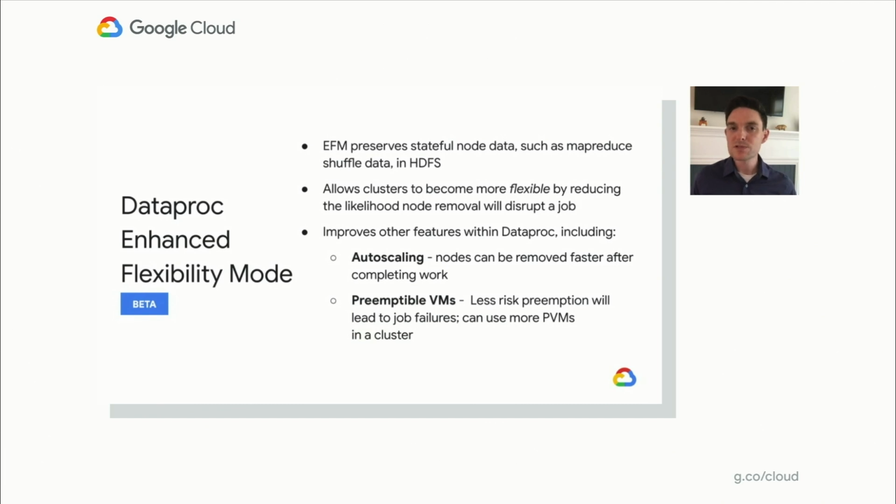Likewise, with preemptibles, you may have a node that's finished processing or reached a state where it can checkpoint, but the node is preempted. In both cases, if you removed the node, you would lose the data. Flex Mode is a stateful data store that allows you to store stateful data such as MapReduce shuffle data in HDFS on the cluster. This makes clusters more flexible because you can add and remove clusters much more easily without